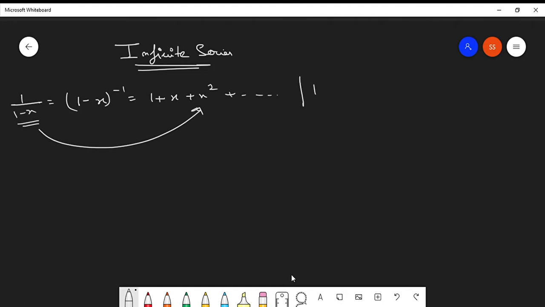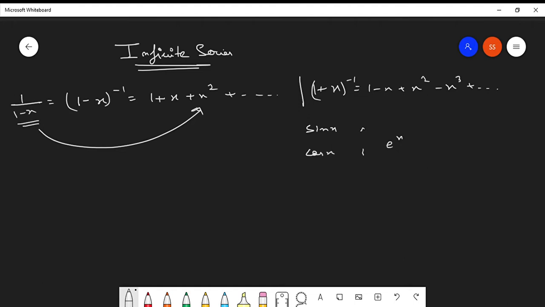We also have (1 plus x) to the power minus 1, which is 1 minus x plus x squared minus x cubed and so on, right? Similarly, we have infinite polynomials of sin x, of cos x, of e to the power x. So infinite series is always involved in some way or the other in our mathematical field. So it's very important. So let us understand what an infinite series basically is. This will be an introductory lecture.